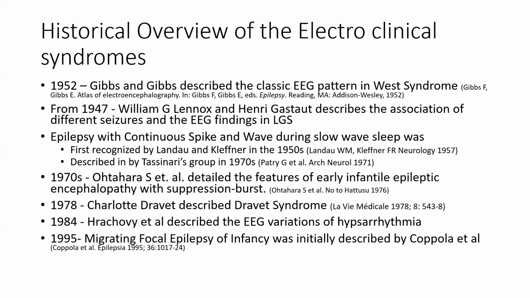In 1978, Dr. Charlotte Dravet, who we still have around with us, described the Dravet syndrome out of a population of patients with Lennox-Gastaut. She observed that these patients were, well, they looked like Lennox-Gastaut, but in reality they were different. They had a history of prolonged seizures in the setting of fever of any cause when they were early in life. But one of the things that impressed her was the way that they walk. They certainly have a different gait.